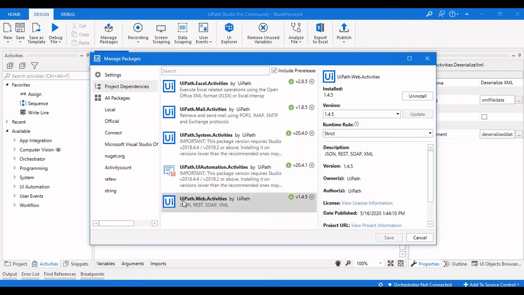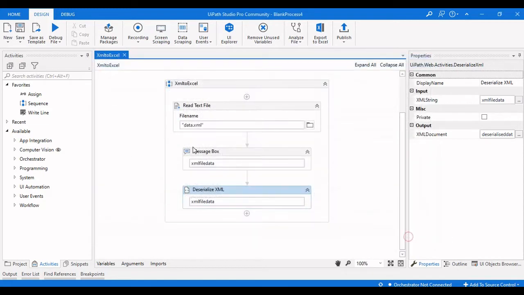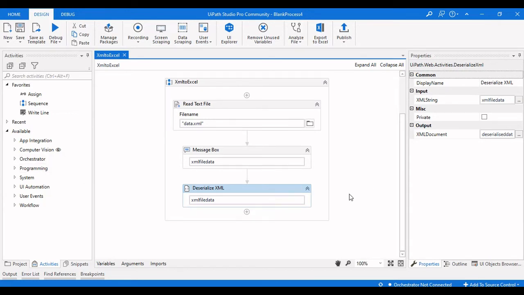Search for this particular activity, UiPath.Web.Activities, and install it. Then you will find deserialize XML activity in the activities panel, and now we got the deserialized XML file data.